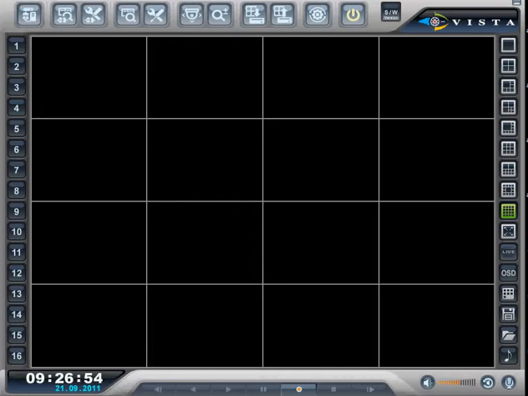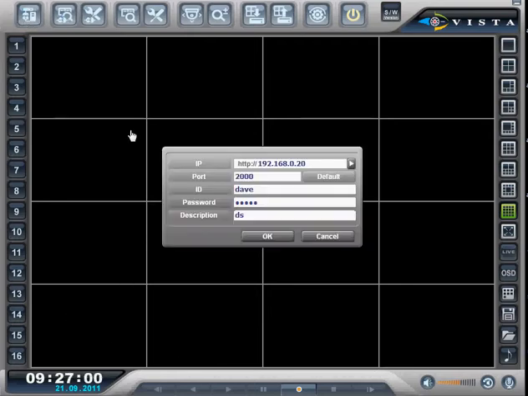I'm using the Quantum Plus software for connecting to the unit, and if I connect up here, now it's important when you connect to the unit that you use an account that's got menu access. For instance, this account here called Dave actually doesn't have the access to be able to do the setup. So I'm going to go in using the admin account,